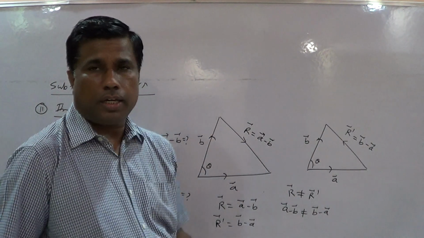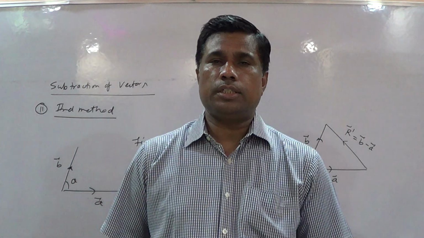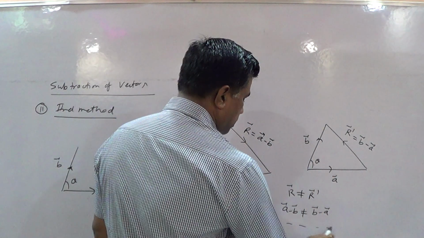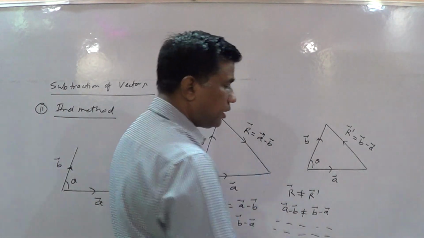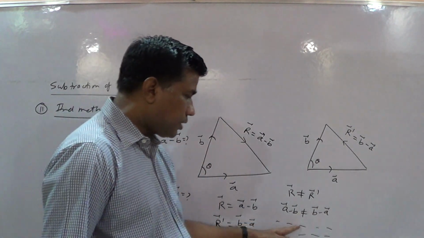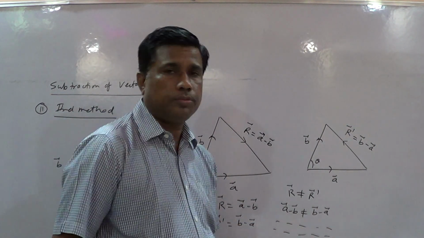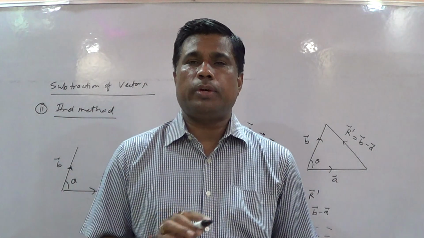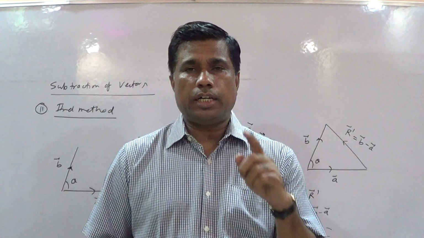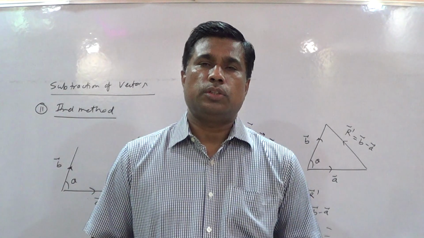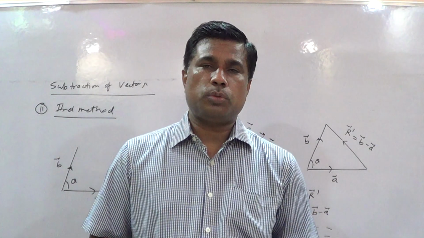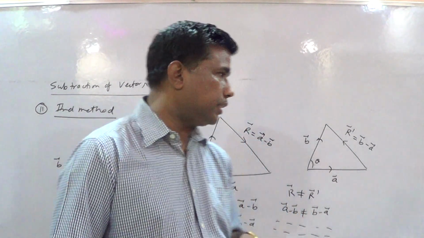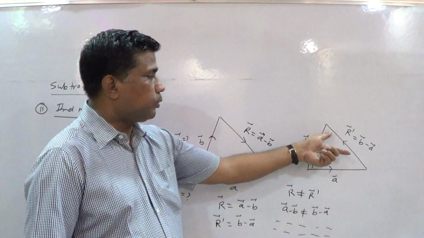Means one can write, subtraction of two vectors is not commutative. Students, I am writing like this. You can understand this line. Subtraction of two vectors is not commutative. Write down. Subtraction of two vectors is not commutative. Students, addition of two vectors is commutative, but subtraction of two vectors is not commutative. A minus B is not equal to B minus A, but their length will be equal.